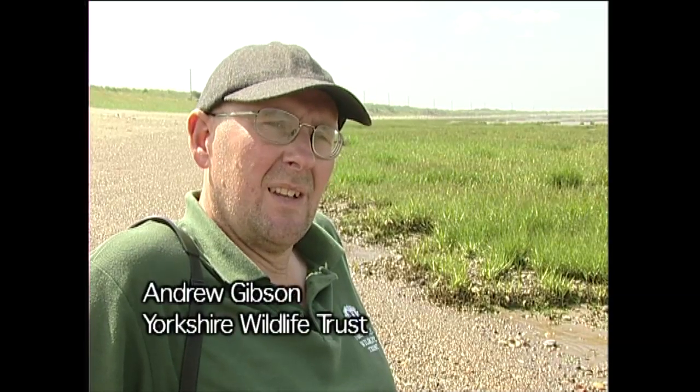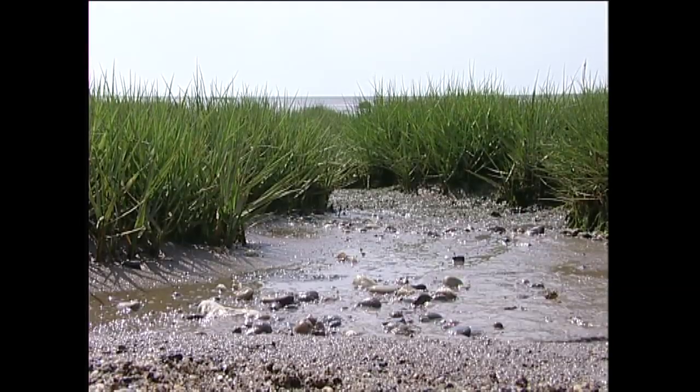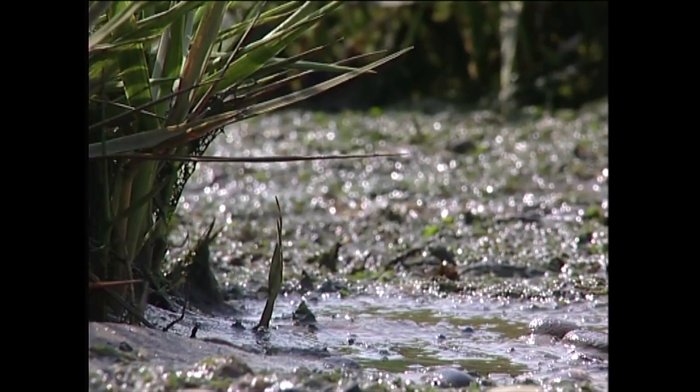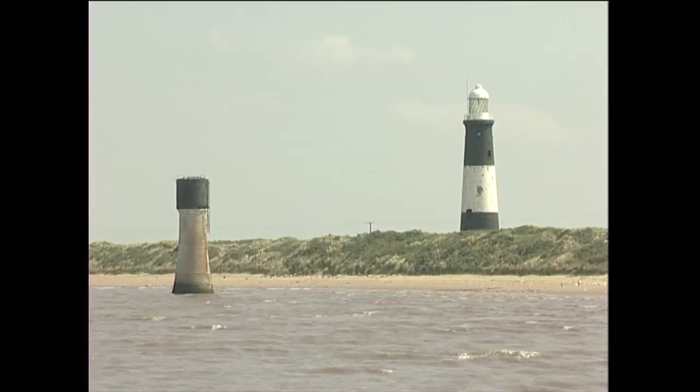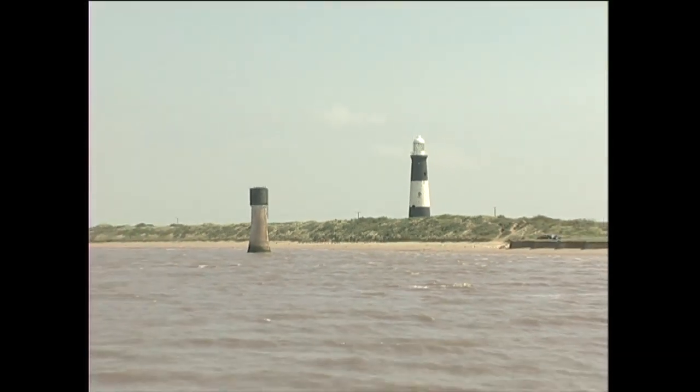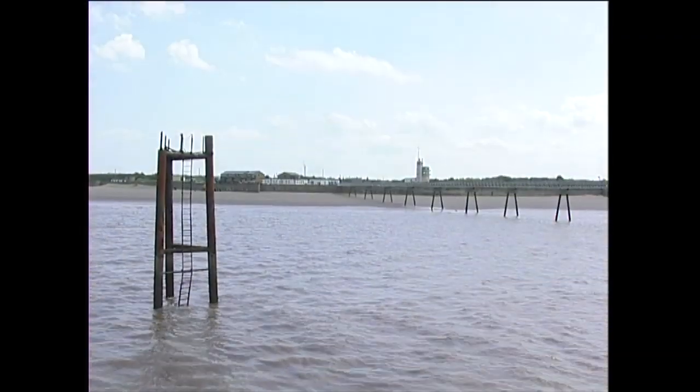Spurn has more than one aspect to its uniqueness, if you can say that. Unique means there's only one thing, but it's important for the wildlife, the birds primarily, that feed, winter and pass on this mud and over it, and they use it as a pantry, a restaurant at all times of the year. And also it's important for its geological